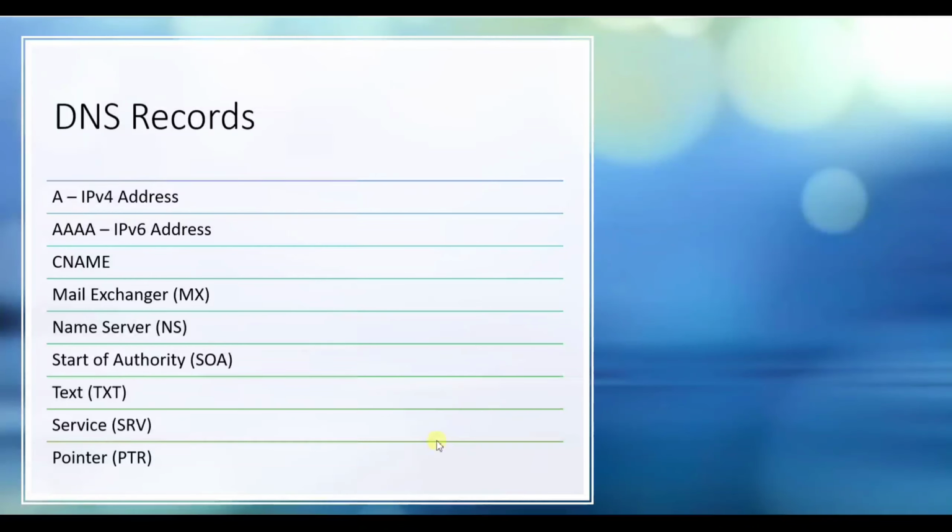And then we have a name server. This is also one of the important DNS records, which specifies that a DNS zone, for example test.com, is delegated to a specific authoritative name server and provides the address of the name server. When you purchase any domain, you will get only two name servers.